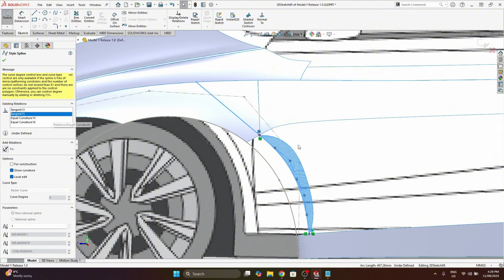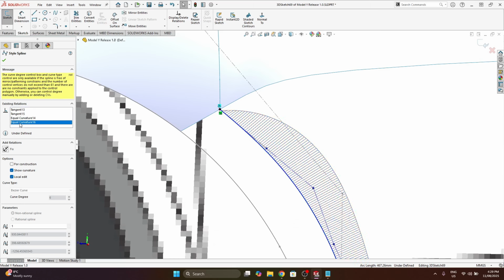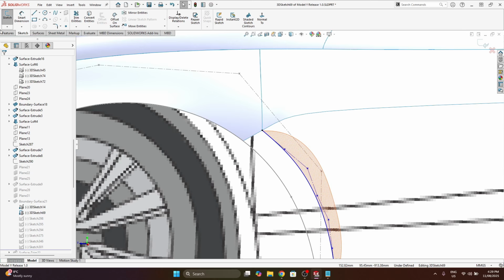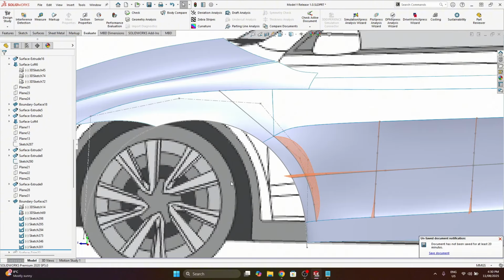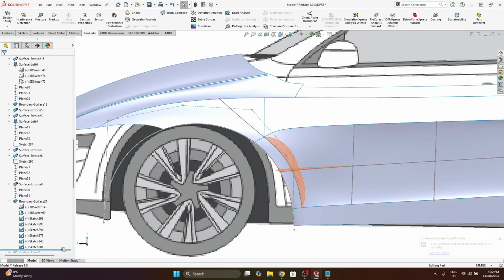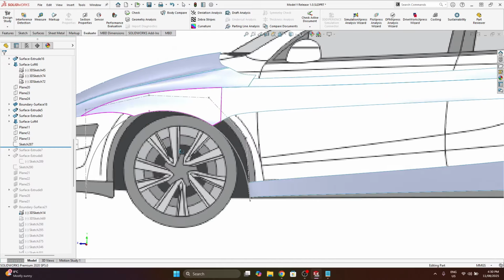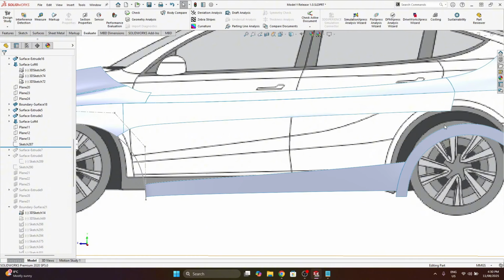Okay, and I have a tangent relation between this 3D curve and also an equal curvature relation between this highlighted sketch here, which is not visible at the moment. So I'm actually going to have to go out to sketch 290, so there. Sketch 290, this is actually quite important what I'm doing here, so I'll go through it a bit more slowly. Okay, so what I want to do is have various guide curves along this section